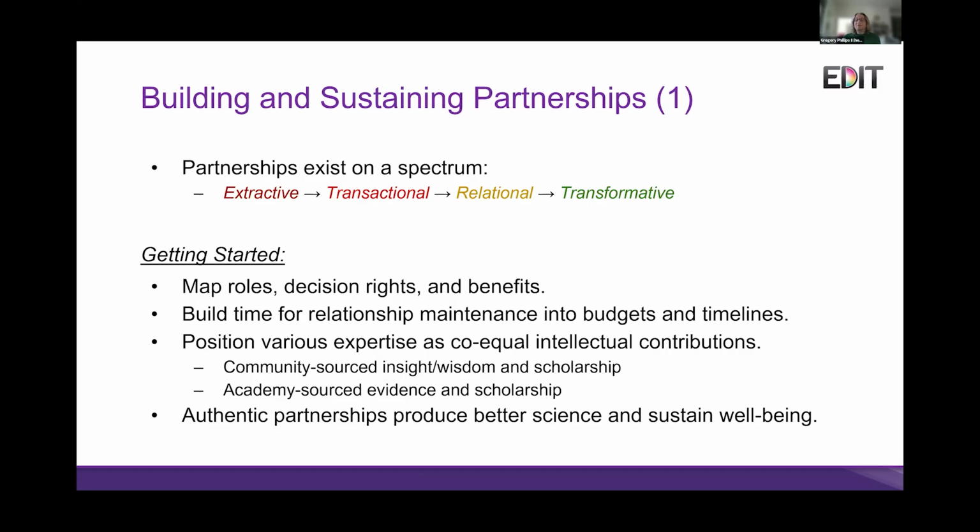Also, make sure that you're able to position everyone's expertise as co-equal contributions. A lot of times as academics, we're told to prioritize things like where we got our degree, what degrees we have, how much money we've brought in, how many publications we have. That's fine, but there are other things that are valuable as well. Make sure you're able to highlight how lived experience and community practice are just as important in the work that's being done, and do that on a continuous basis, not just as a performative metric.